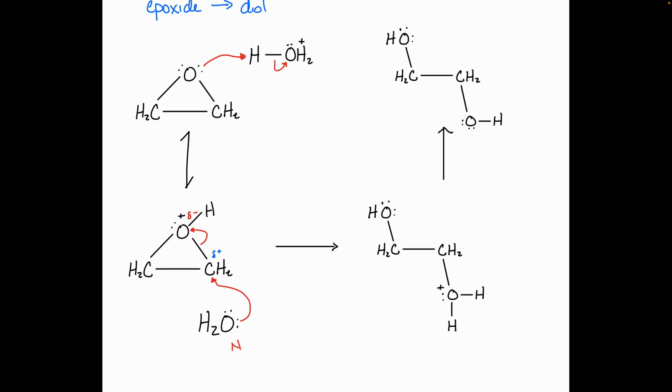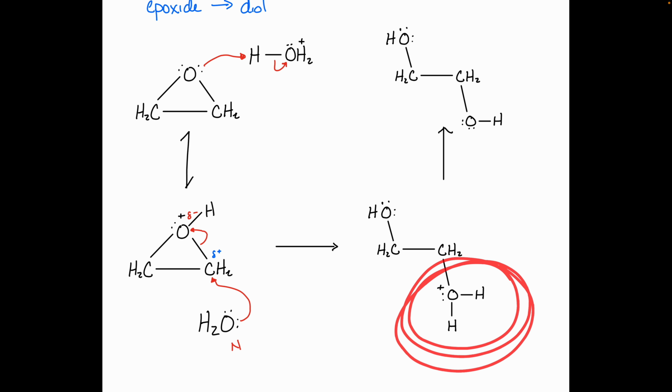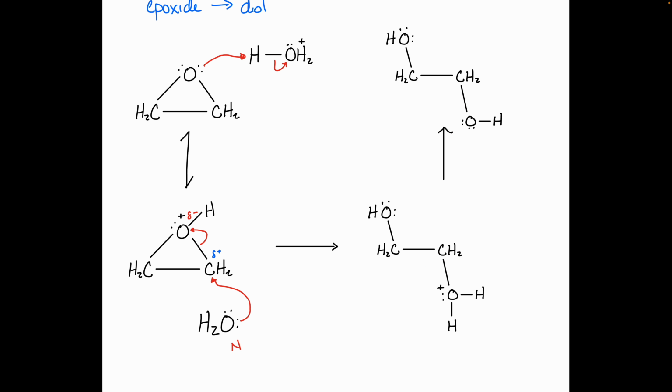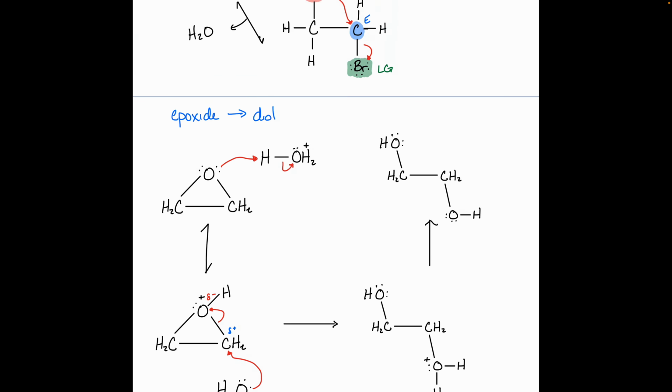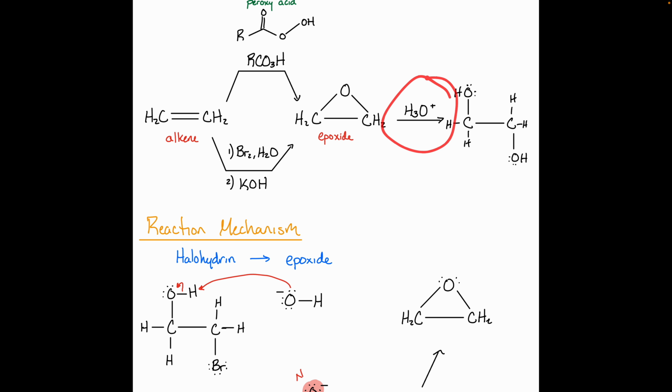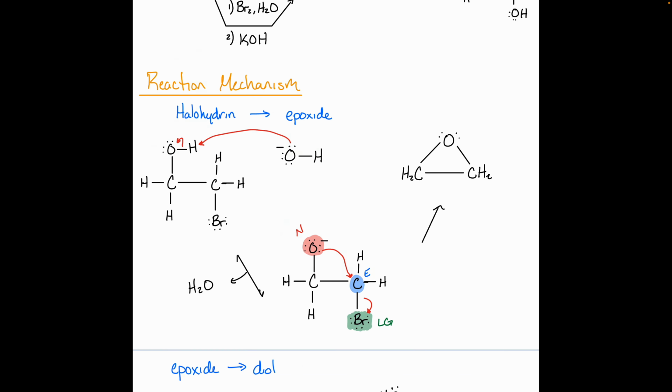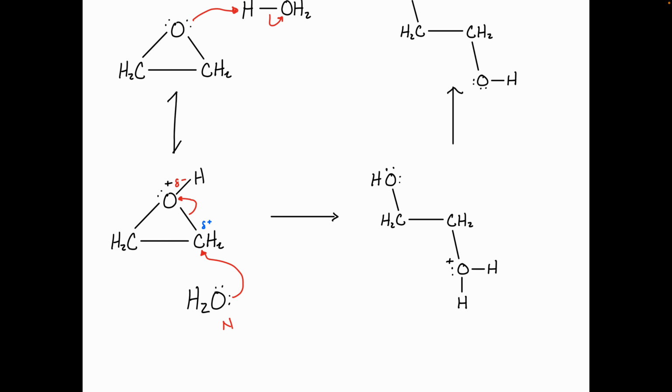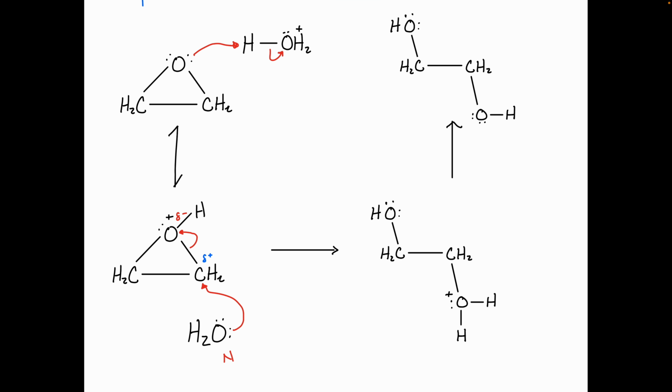All right. What do I need to do to convert this into an alcohol group? I need to break that oxygen-hydrogen bond. And so I need something to accept that hydrogen. In our acidic conditions, what do we use as a base? Do we have hydroxides floating around? No, we don't have any strong bases like that. What did we use when we did our